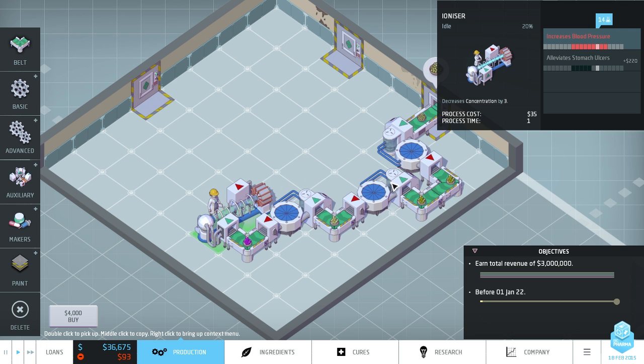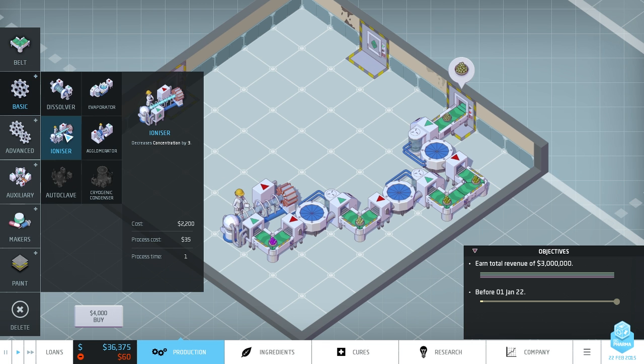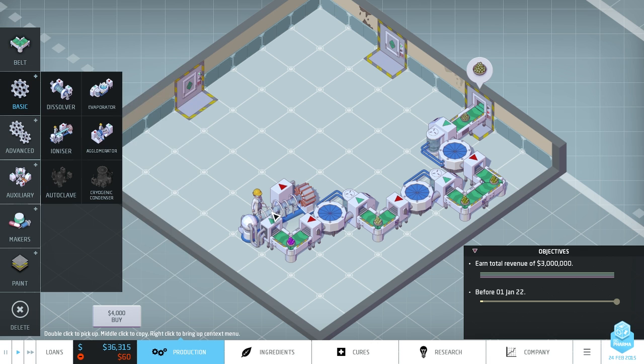Which means we could put it through a couple evaporators. Which might be beneficial because we can just upgrade our evaporators and spend even less money. But I think what I'll do is put it through an ionizer because it might bring it closer to its...